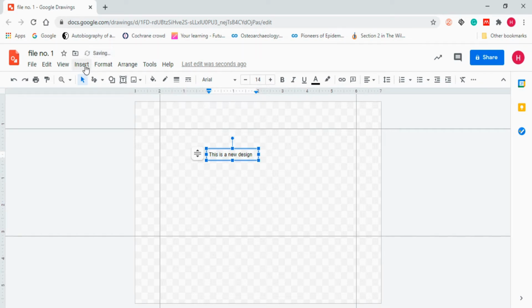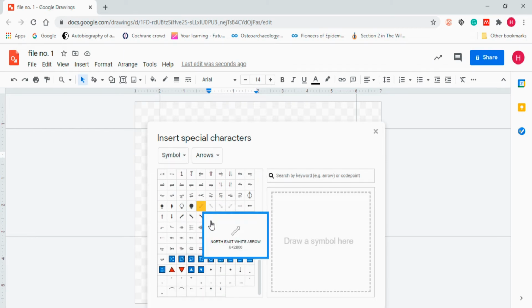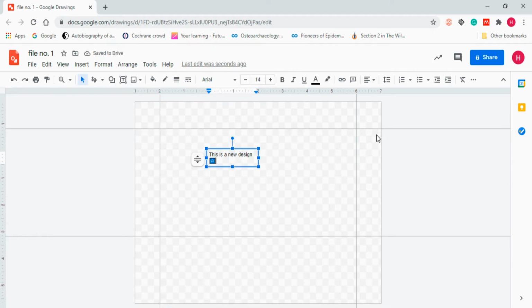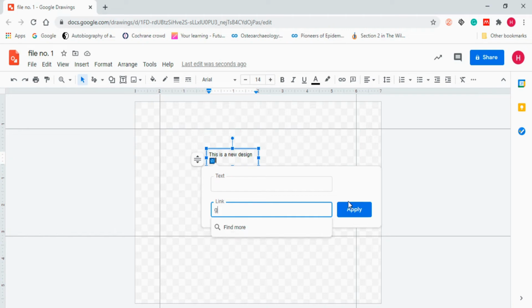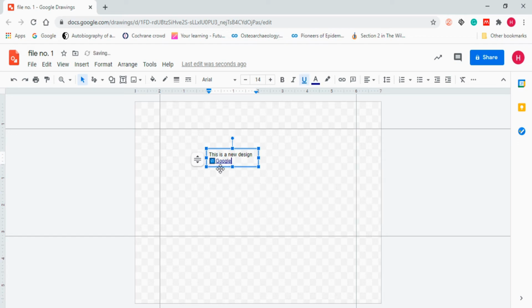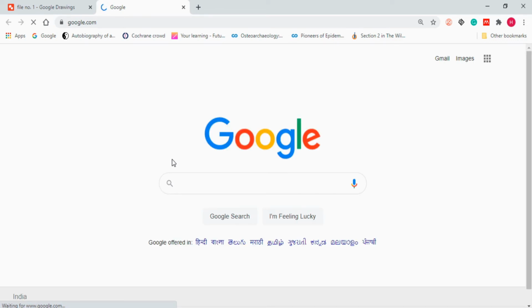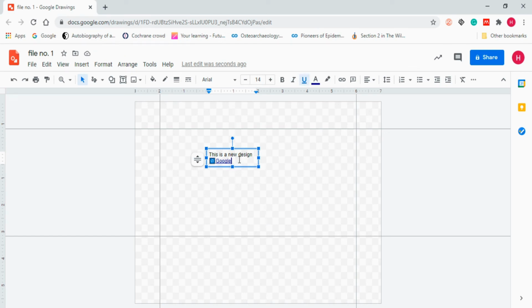Now let me click on insert section, special character. When you click, you will see the special characters available to you. You can insert them. After that, just click on close. Now you can see the special character has been inserted. Now if you want to link anything, you can also do that. You can type Google. When you do that, you can click on apply. The hyperlink will be generated. When you click on it, it will take you to www.google.com. So this is the link that is generated through a hyperlink which is created in your text box.